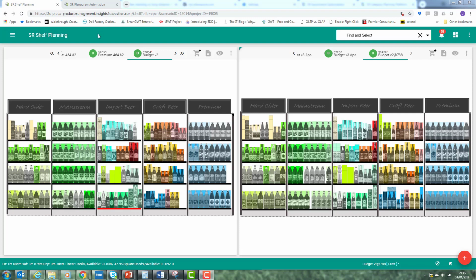Okay, so here I just wanted to have a look at the output, and what I've done is I've flicked back to the shelf planning module rather than the planogram automation module. And this is the nice thing about this system, it's all interconnected. So the planograms we make in planogram automation, we can view the results straight away back in the shelf